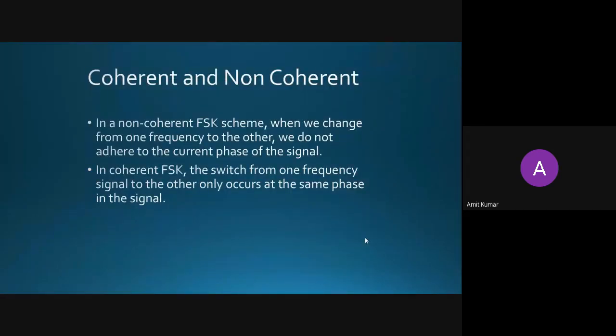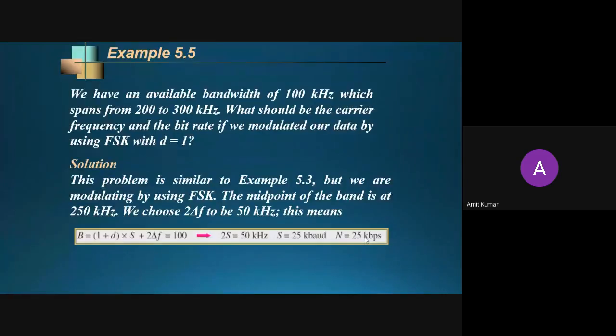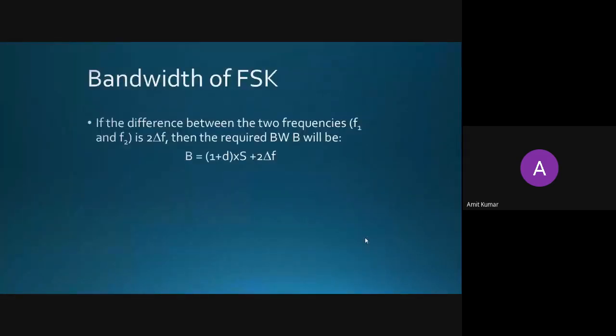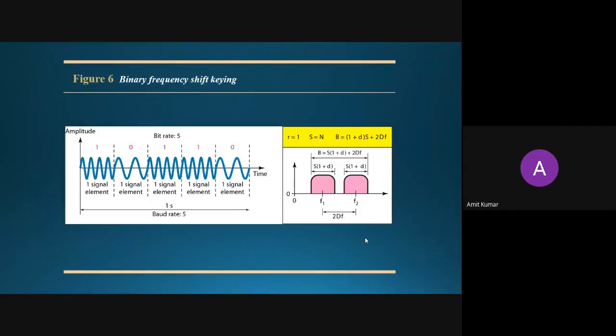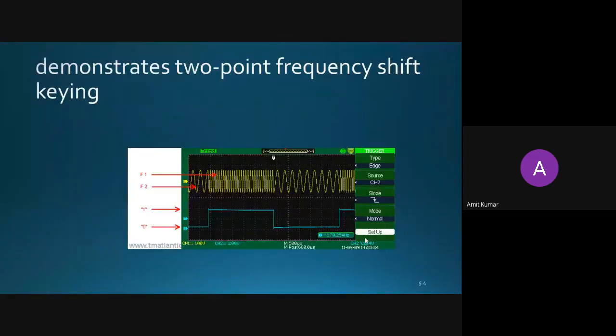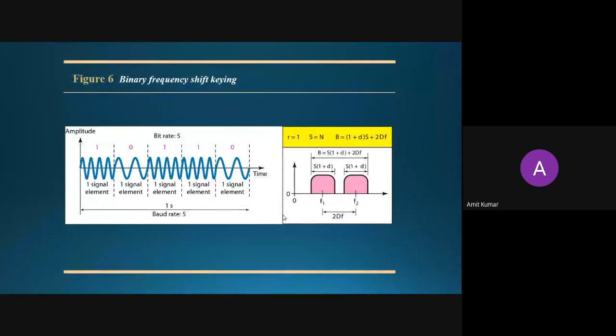That is coherent and non-coherent FSK schemes. We are having two FSK schemes available in our technology. One is non-coherent and the second one is coherent. So what is the difference between coherent and non-coherent? I will tell you in short. So if you see this figure,